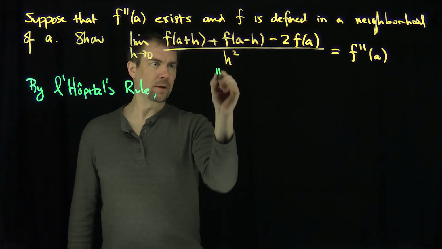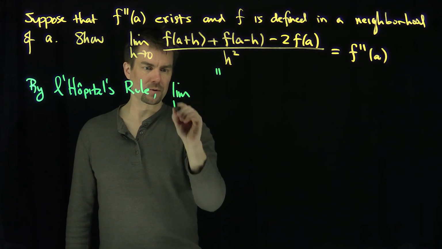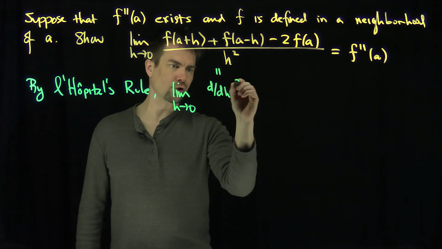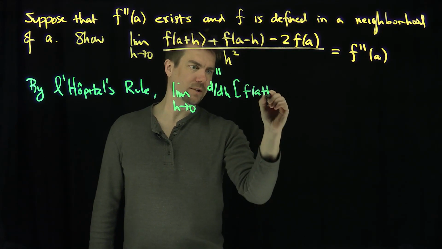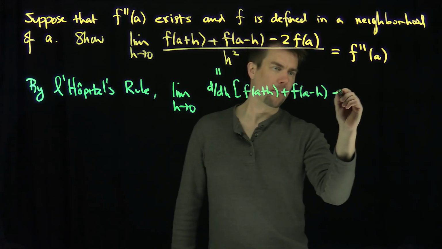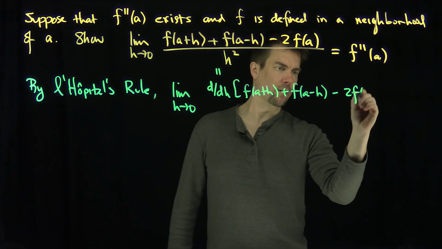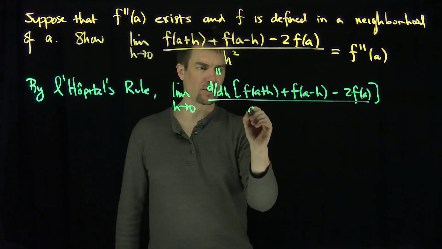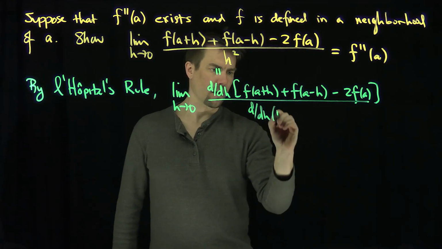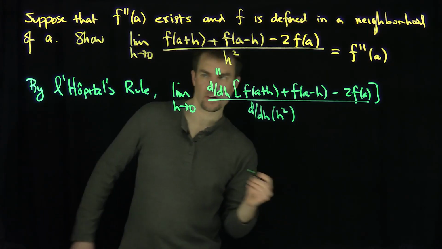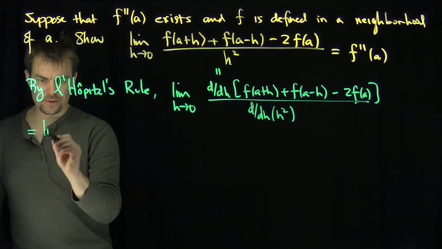Our limit would be equal to the limit as h goes to 0 of the derivative of the top with respect to h, f of a plus h plus f of a minus h minus 2f of a, over the derivative of the bottom with respect to h, d by dh of h squared, okay? Now let's figure out what each of these things are. So this is equal to the limit as h goes to 0,